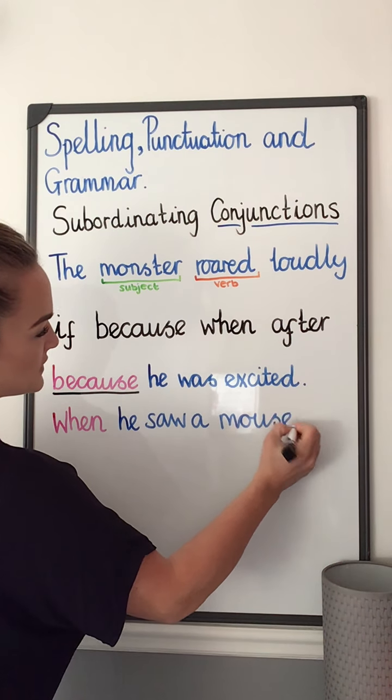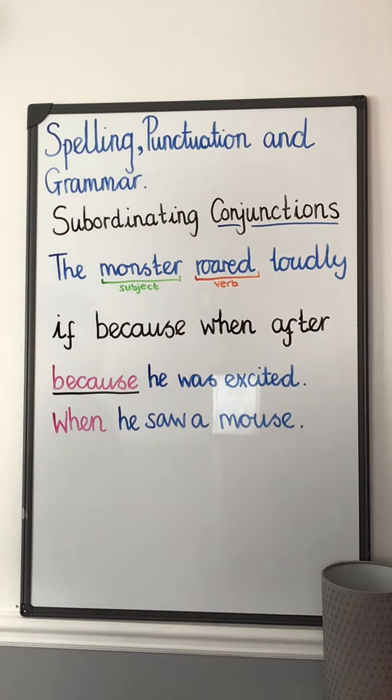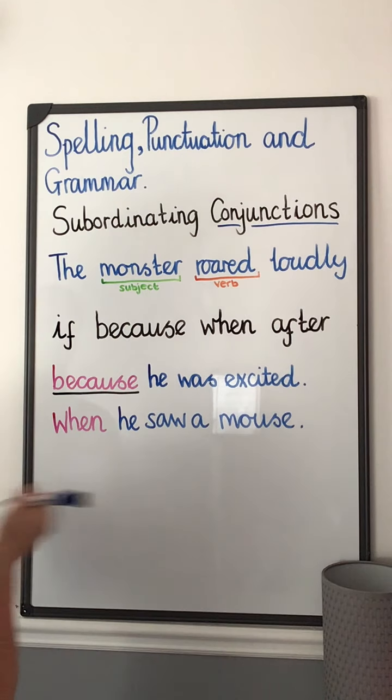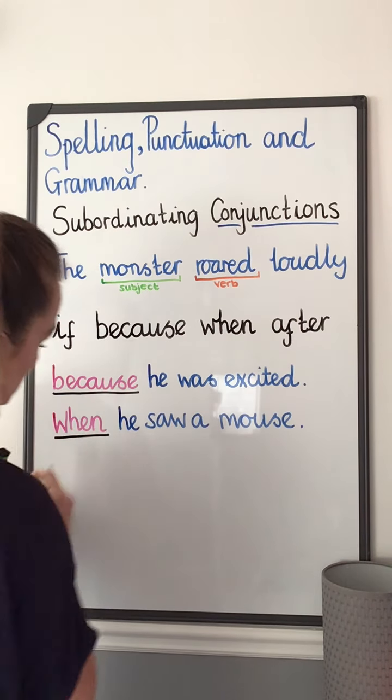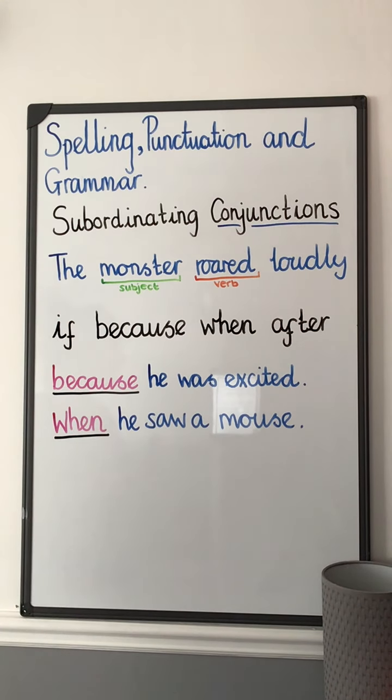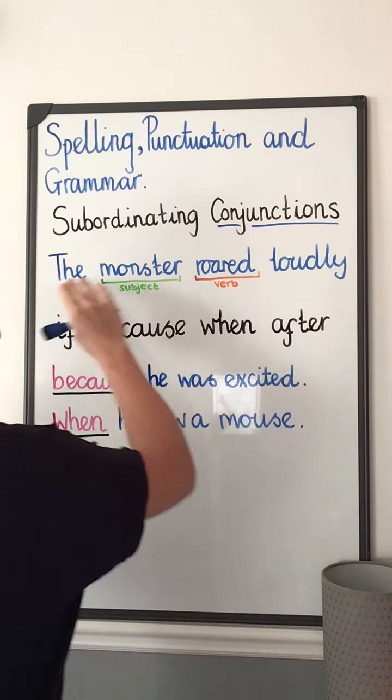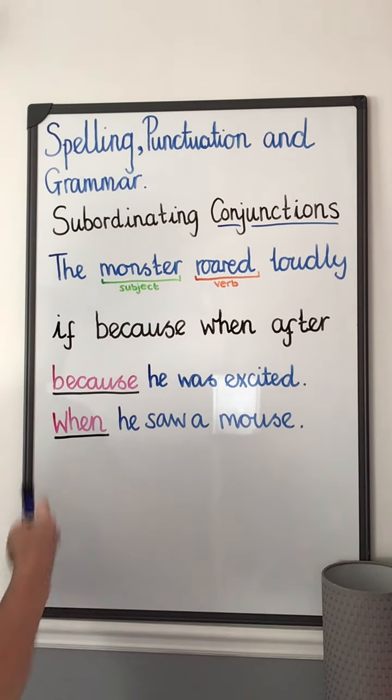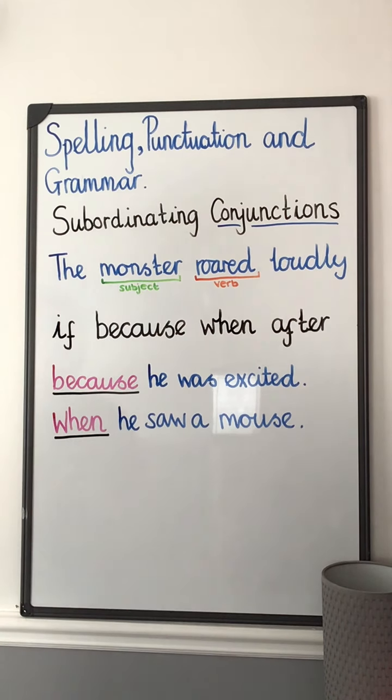He's not a scary monster, he's a bit of a soft monster, this one. So there I can see again my subordinating conjunction. It's not that important because the main thing is that the monster roared loudly. But the extra information that I'm adding on is telling me why, when he saw a mouse. Okay, so I've used when,